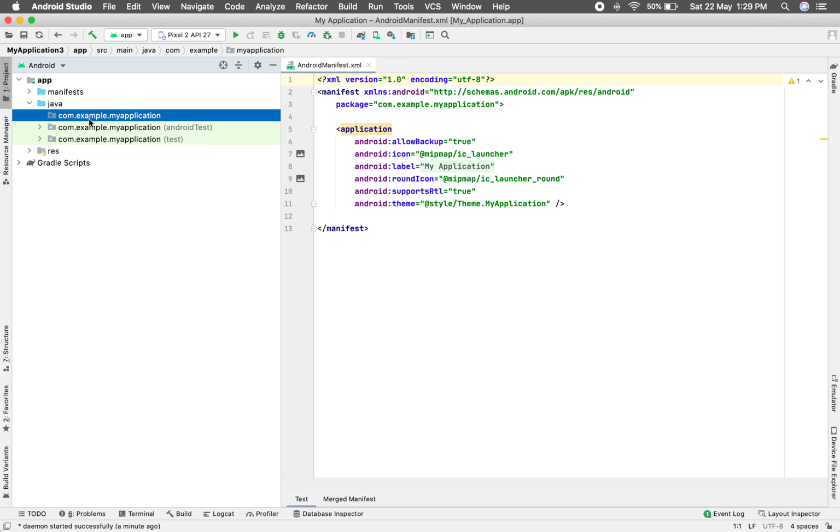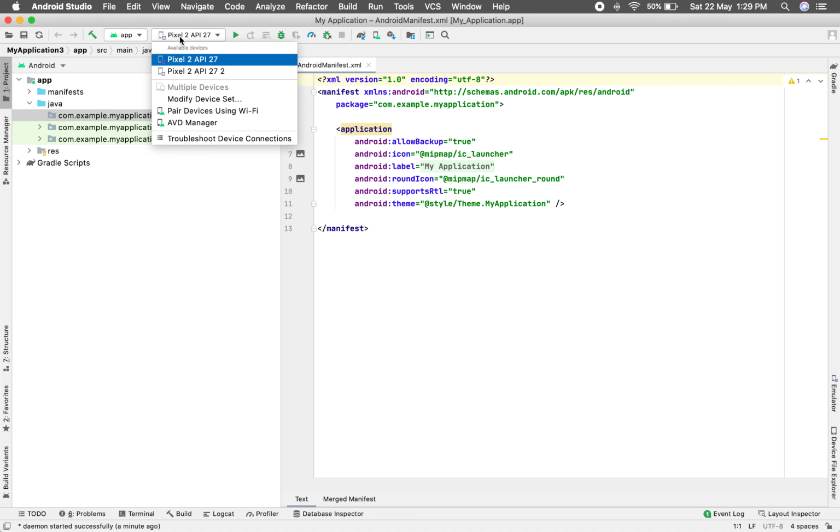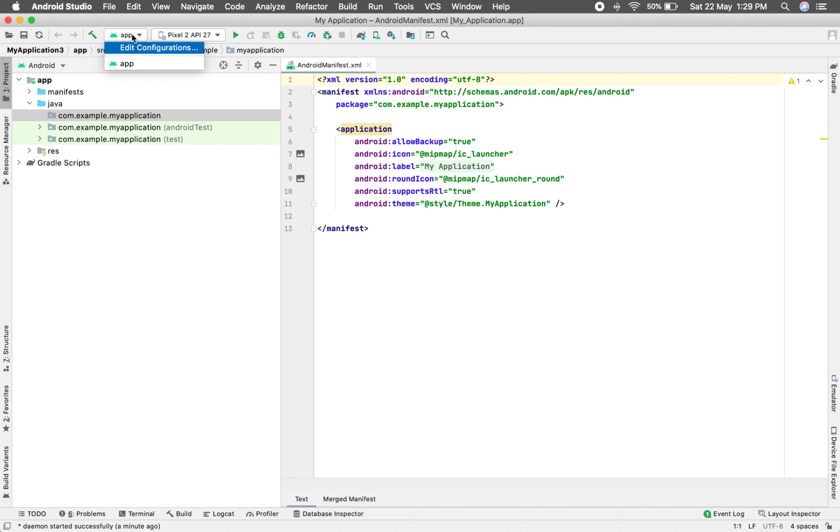So this is the very basic introduction about how you create a project. To finally end, at the top bar, this is the bar which gives you a lot of options to run the application and to select the type of emulator you want to run the application on.